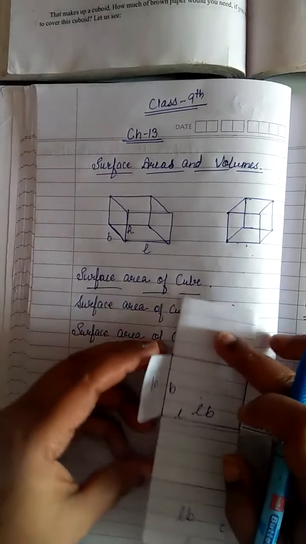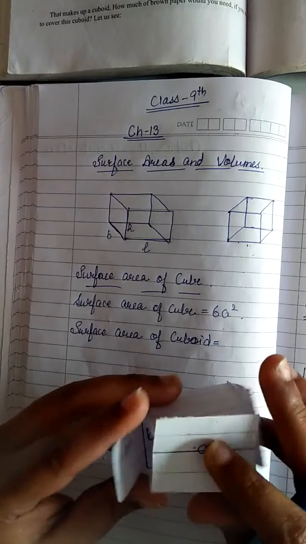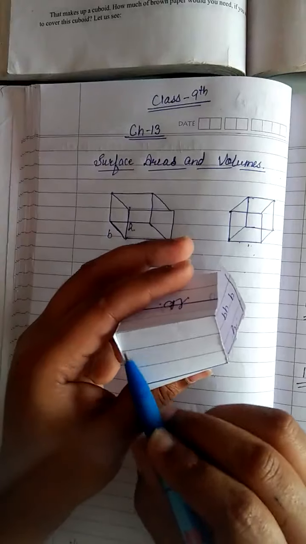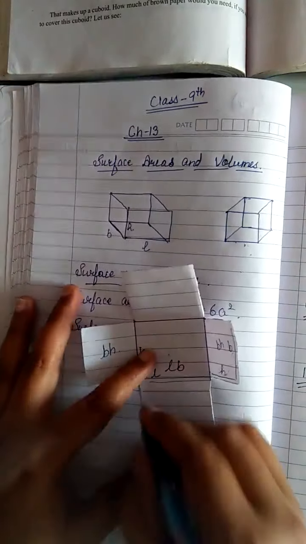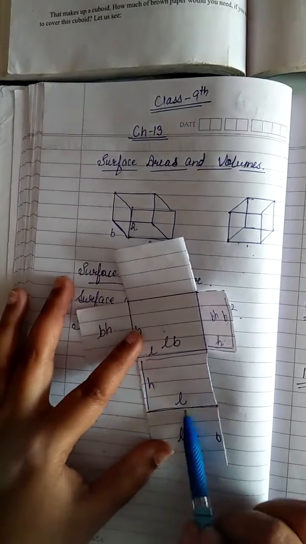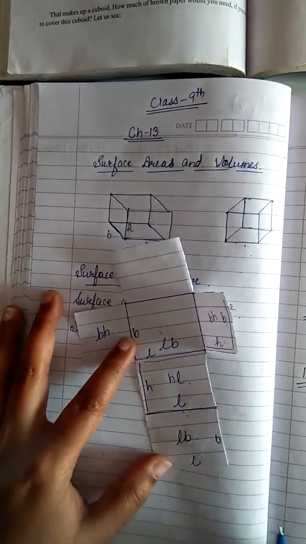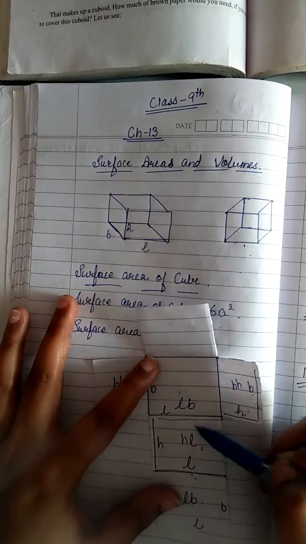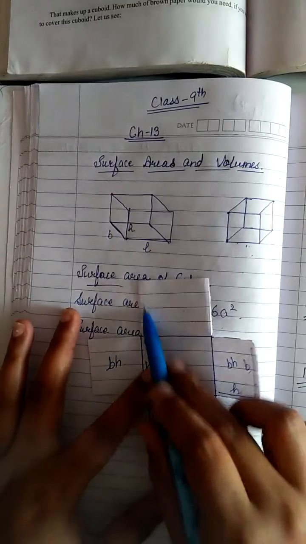Okay, now our third, as you see that this side is remaining, so this is our height and this is the length. So what is the area of this side? Height into L. Okay, same, this figure is equal to this figure now. So this rectangle is equal to this rectangle.